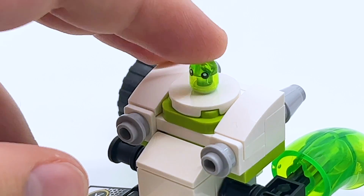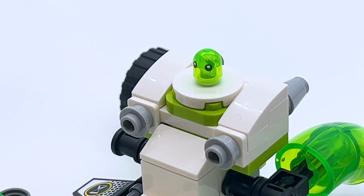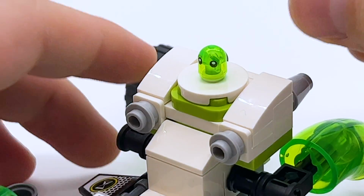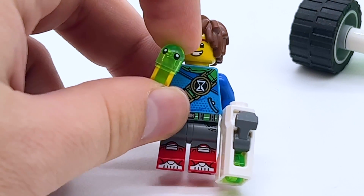The most interesting part about this set, in my opinion, is this piece right here. This is the tiny version of Z-Blob, and that did come in a set in the first wave, but that was the Nightmare Shark ship, which was giant and expensive, and while that was a great set, not everybody can afford to get that set. However, this is the appearance that Z-Blob takes on most of the time in the Dreamzzz show. He's just this little thing that a minifigure could hold on to. So I think this is the best representation of Z-Blob in the sets, but he did only come in one